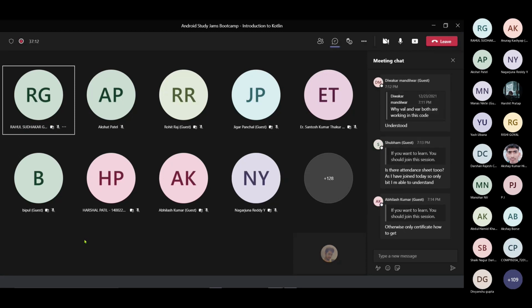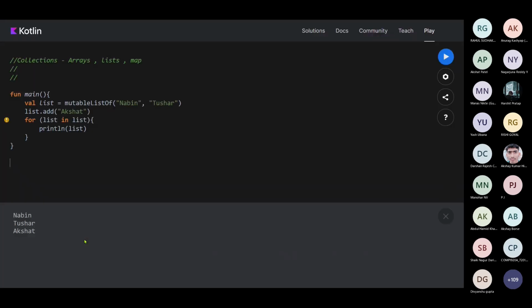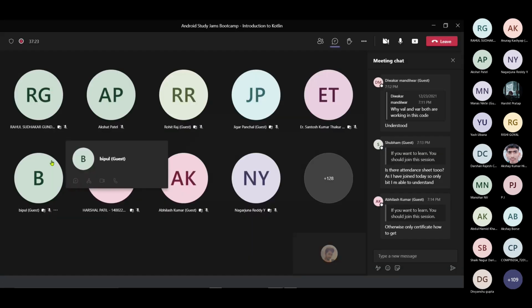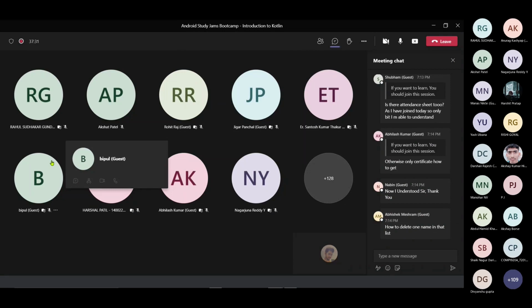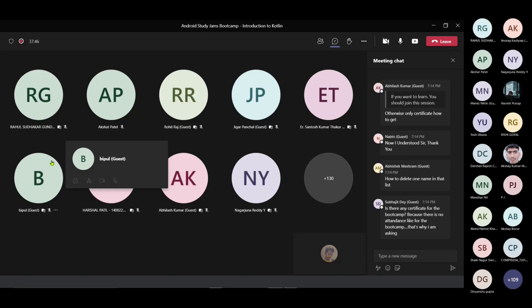So let's do one thing. This is a function, I just told you about functions. So let's discuss a class. What is a class and what do we do with it? A class is like a method in which you can have several other methods. You can execute anything in a class. We have various methods in a class, you can add various parameters in a class, and for a class you have an object. So this is the whole concept.